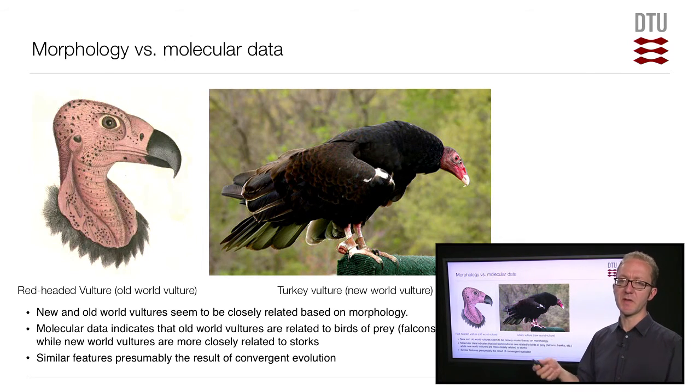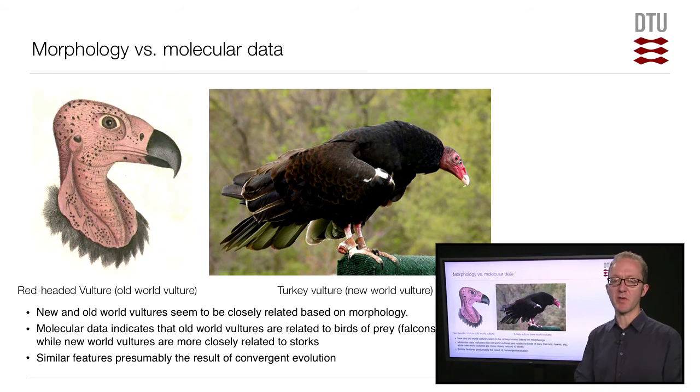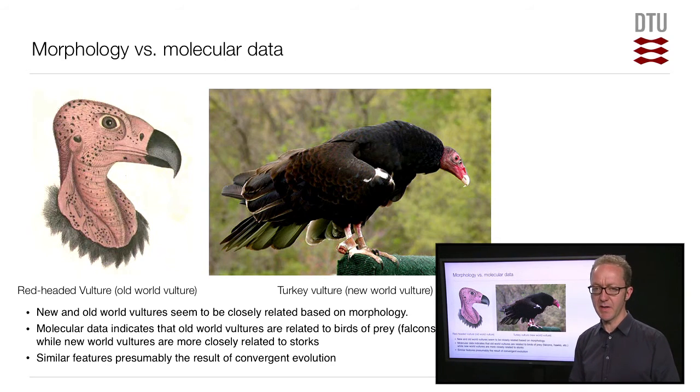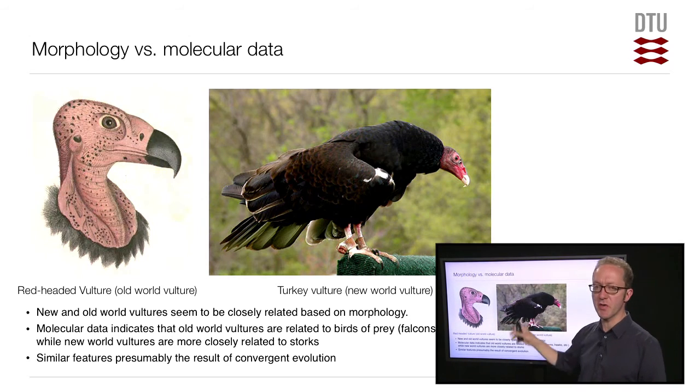Superficially, these animals seem quite similar. They both eat dead animals for food. They are bald. They have these crooked beaks, and they have large wings, and they look alike in many different morphological aspects. And therefore, it was originally believed that they were probably closely related and that they formed a single group. However, when we started getting molecular data, it very rapidly became obvious that they were not each other's closest